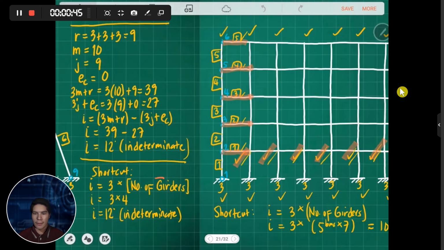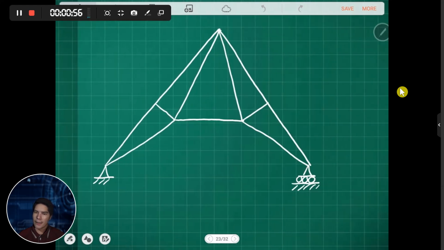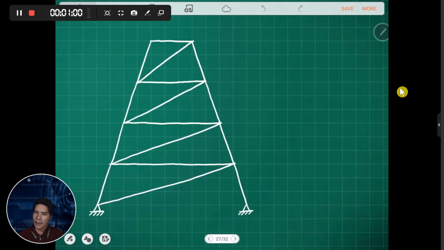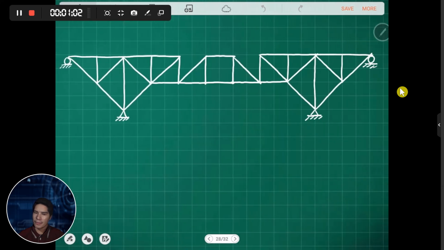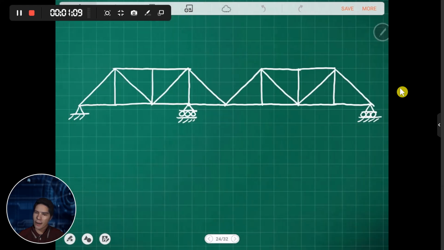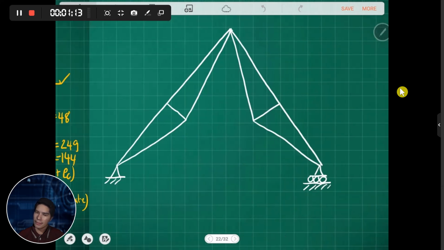solve or determine if the classes are indeterminate or determinate. So I have provided here some classes, and we just need to determine if indeterminate or determinate. Okay, so the first example is we have,